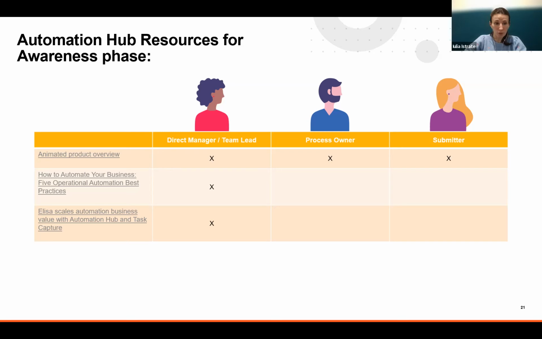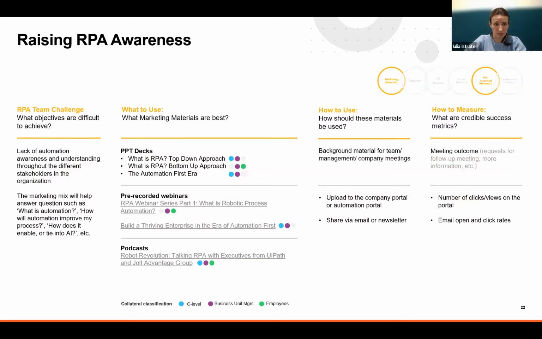from a product overview, as well as some blog posts that can help in this direction and some success stories. But also for each phase, I'm not going to deep dive and read the titles of each article. You're going to see the kind of challenges that maybe you're going to face. Like, for instance, when raising this awareness, whether it's about RPA or automation in general, you might encounter this lack